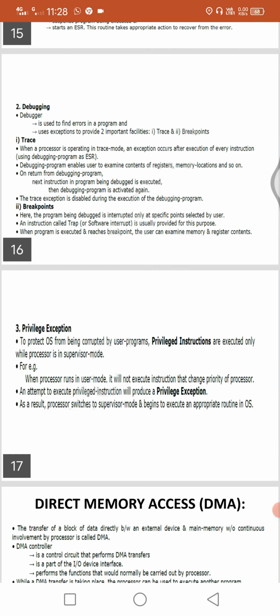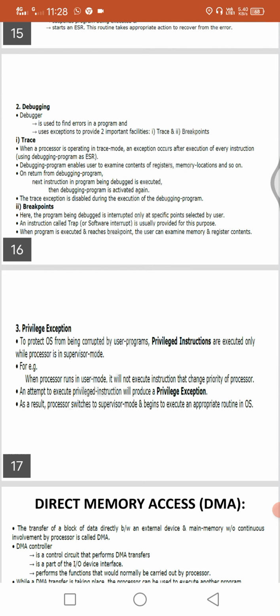After tracing, we understand where the error has occurred. Then we place a breakpoint there. An instruction called a trap is usually provided for this purpose. For providing breakpoints, we use a trap.